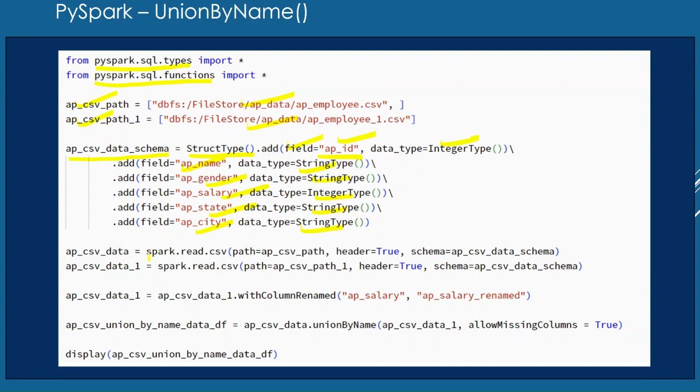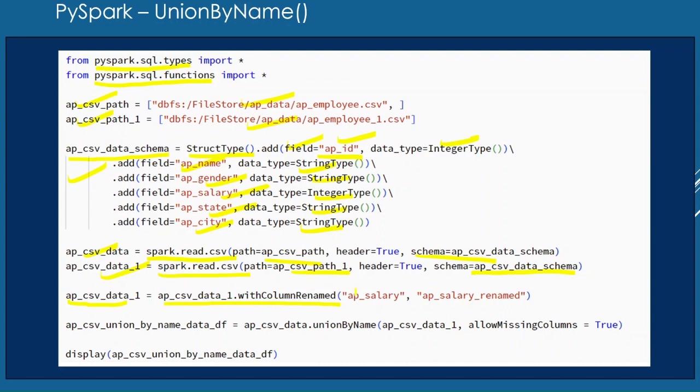Here we are creating two data frames by reading the CSV files with the help of spark.read.csv, using the list variables and the custom schema which we have defined above. Now, on this data frame, I am just renaming a column.